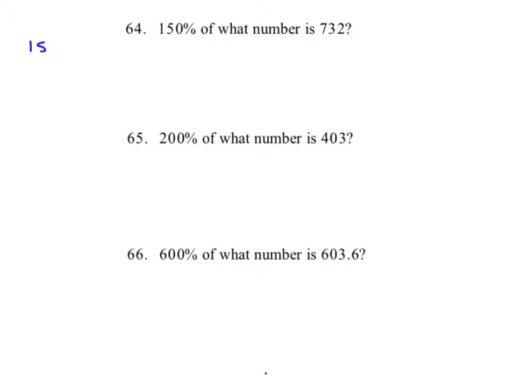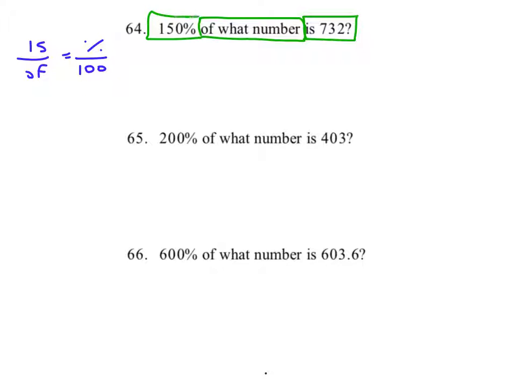Okay, we're continuing to use is over of equals percent over 100. And to set it up, using the numbers that we've got, let's mark off what we know. Here's our is: 732 of what number? Of is going to be the thing that we're missing, and 150% means that's the percent number. So, filling it in, is 732